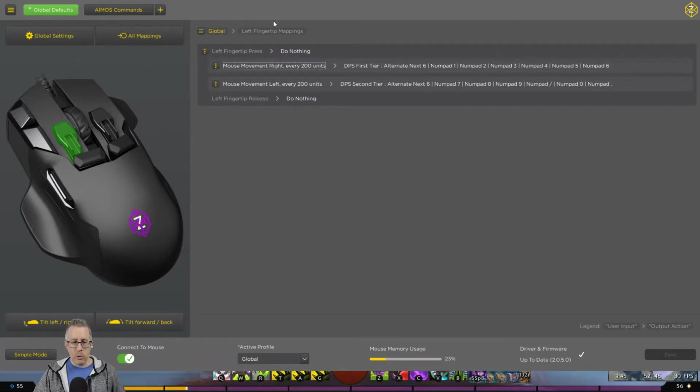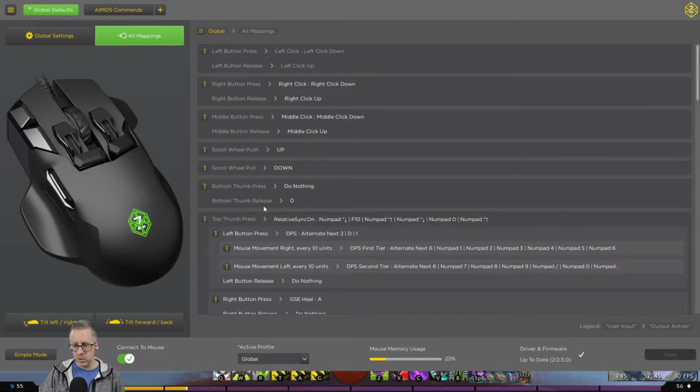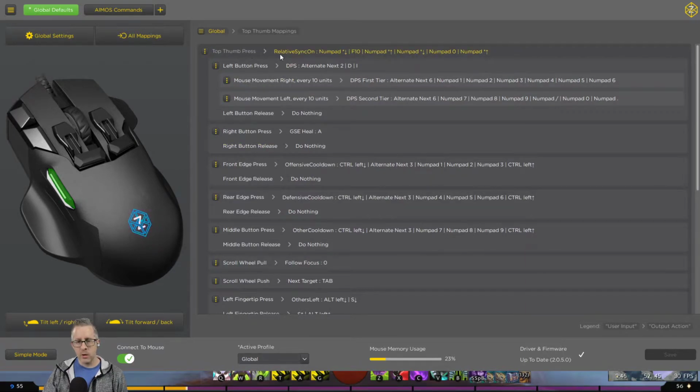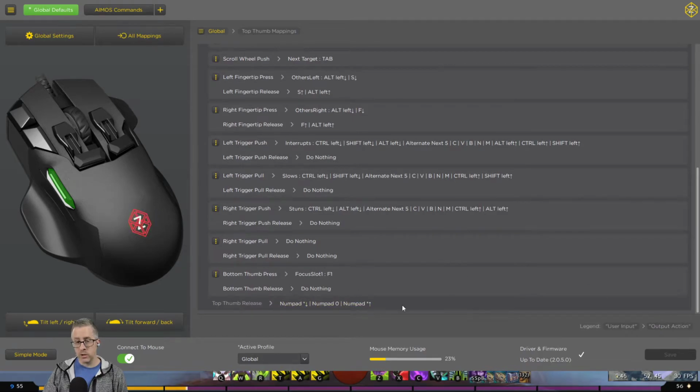And so I'm just going to go back into the driver here, look at all mappings, because I want to show you this one right here, top thumb press. When I did my video about Amos specific functionality for this mouse, I sort of glossed over this one because it's huge. This is top thumb press right here. When I hold this down, it sends the command to turn on relative mouse positioning. Then it turns on sync. When I let it go, it turns off sync. Okay? So while this button right here that's green is held down,